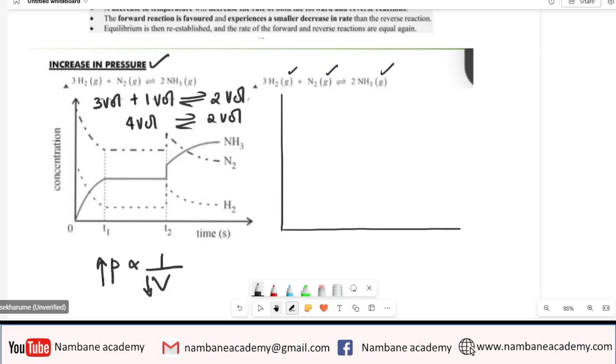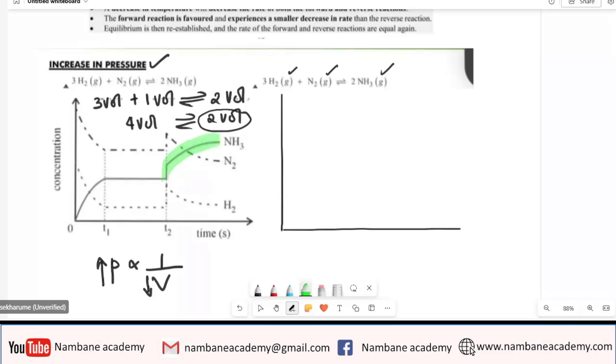So I'm going to favor this side, which is 2 volumes of ammonia. So ammonia will be favored, and now there's an increase in ammonia. So the ammonia is favored